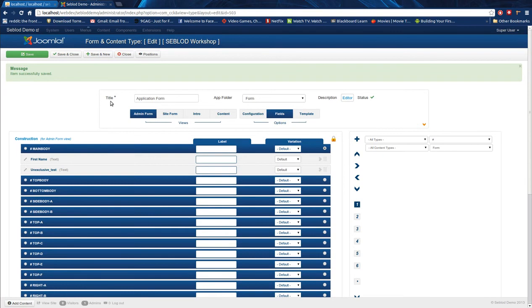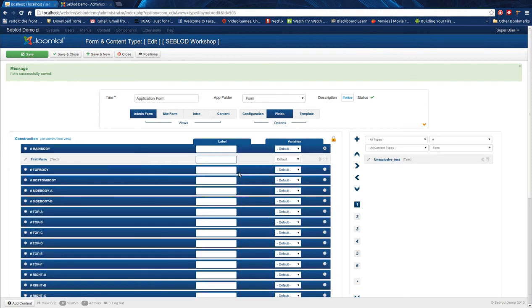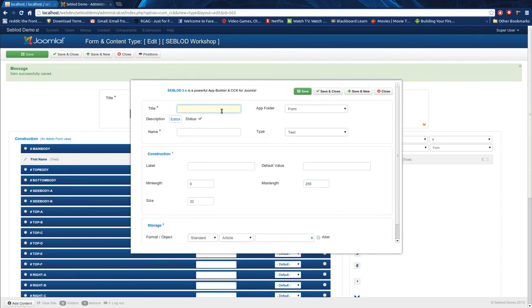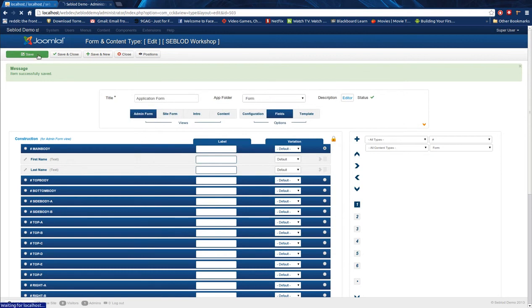Let's see, we'll go ahead and slide that over then. And save. Let's now note that it's exclusive. Just to do that one more time, let's call this one last name, text type, standard article, save and close, go ahead and save,